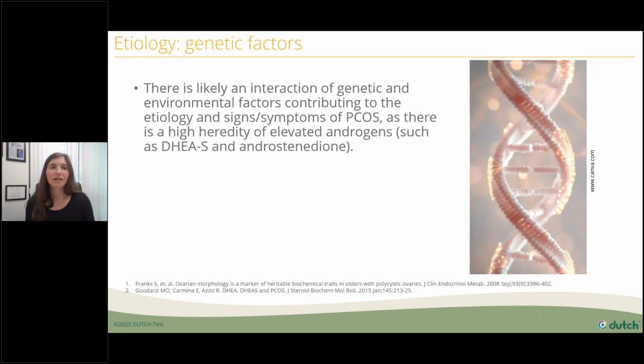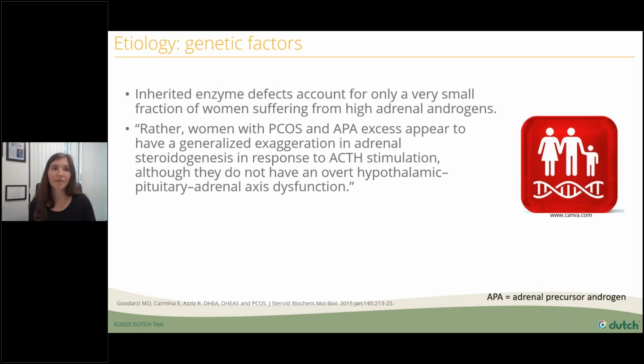And there's likely an interaction of genetic and environmental factors, both contributing to the etiology and the signs and symptoms of PCOS, because there is a high heredity of elevated androgens. A lot of times, if mom has high androgens, high testosterone, high DHEA, daughter will have high testosterone, high DHEA. But on that note, inherited enzyme defects only account for a very small fraction of women suffering from these high adrenal androgens. So rather, they're saying it's probably more so due to this